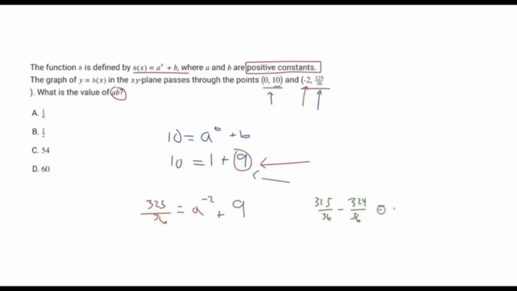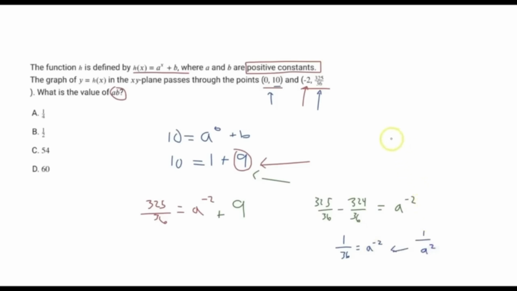And this will be set equal to a to the power of negative 2. And so if we want to solve for a here, let's simplify the left side. That is going to be 1 over 36 equals a to the power of negative 2. And you can plug this into Desmos and solve it, but here there's just exponent properties. So a to the negative 2 is the same thing here as just 1 over a to the power